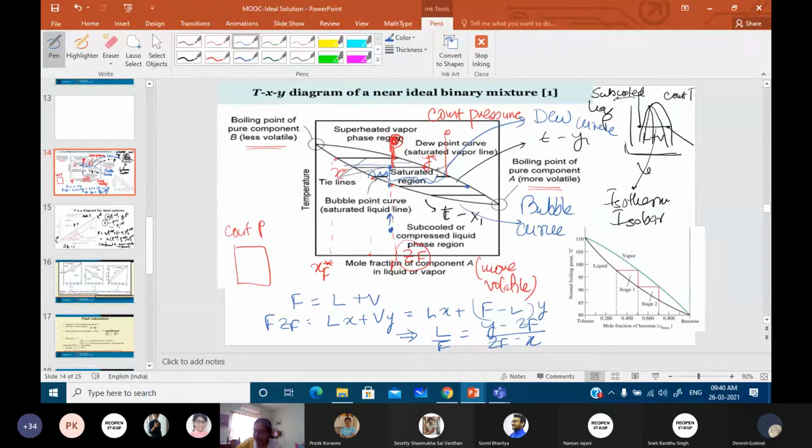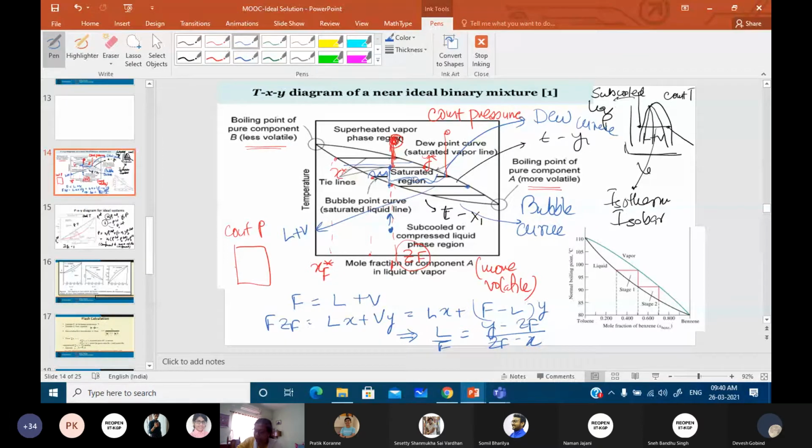And between these 2 points, there is one particular region. This region is actually where the two phases exist. It is the L plus V, or the saturated region. In this region, the change of phase occurs, and the moment we are away from the region, higher up in the temperature TXY plot, it's a superheated region. Below this, it is the saturated region.